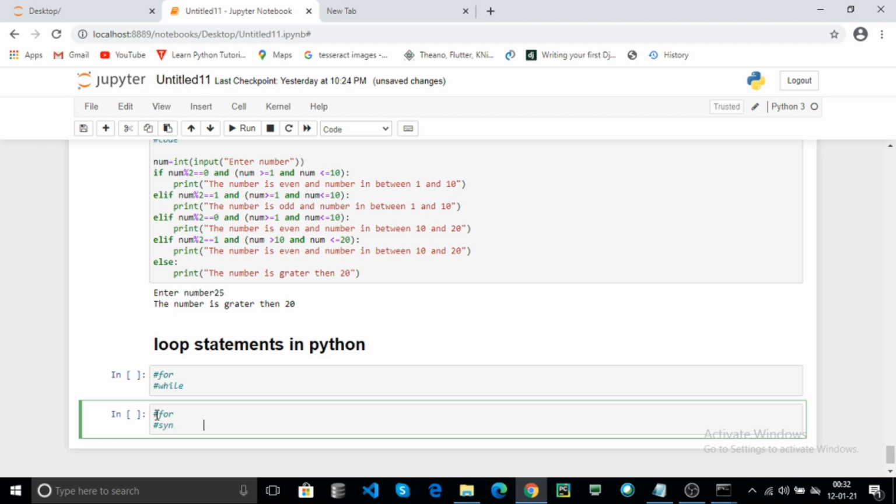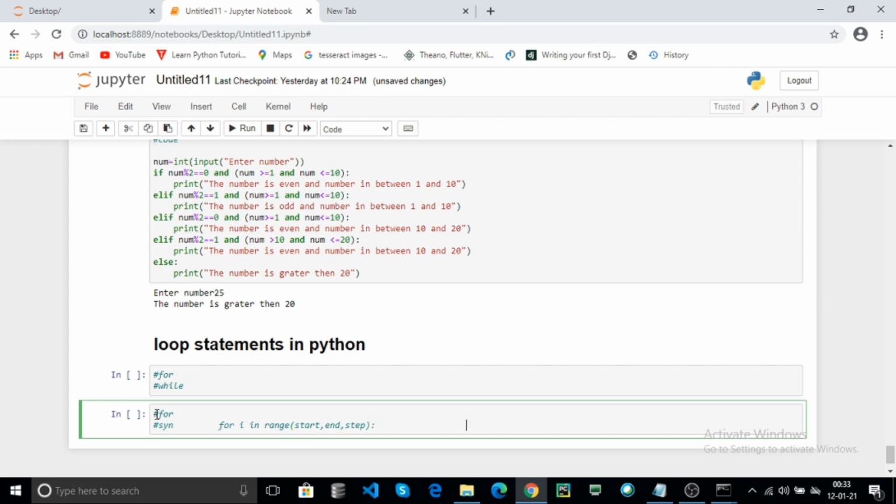The syntax of the for loop is: for, use any alphabetical variable for the iteration, like i, in range, and the parameters are start, end, and step. The for line must end with a colon.